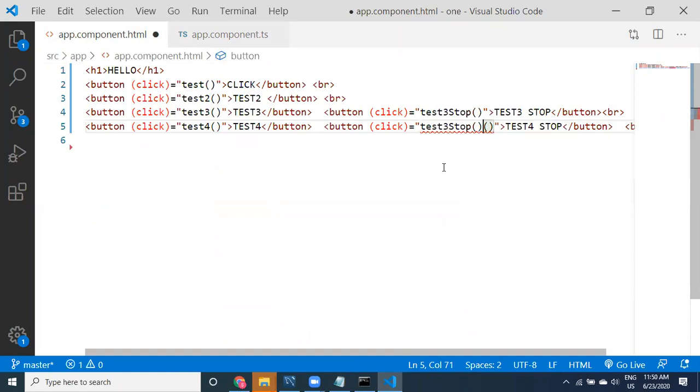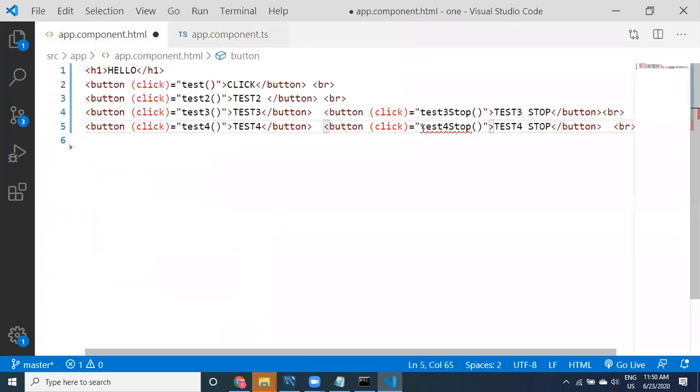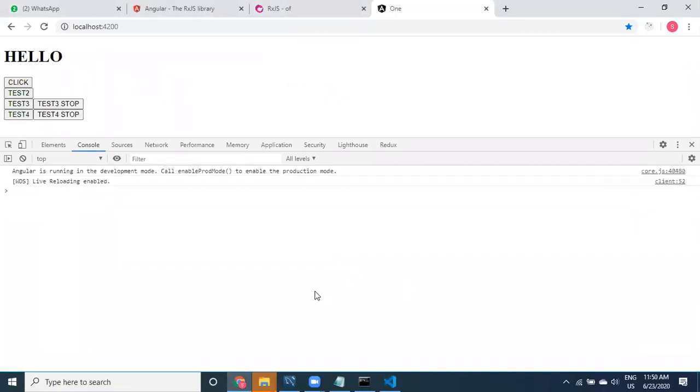Test 3 stop method. Oh, test 4 stop method is available. Oh, the method has a different name. Okay, stop test 4 method. That's it. You can provide it like this. Now see here guys, I clicked on test 4.